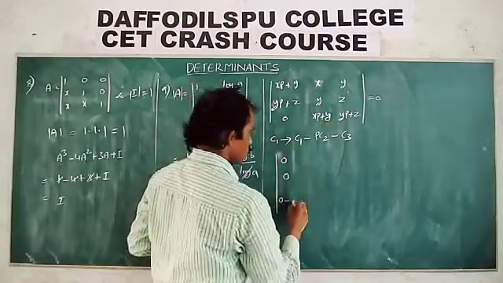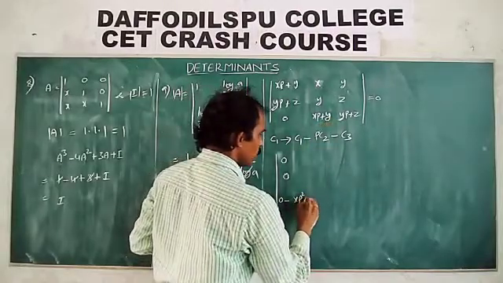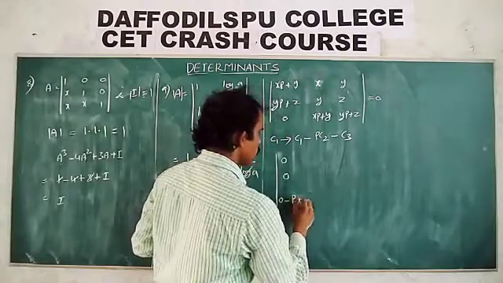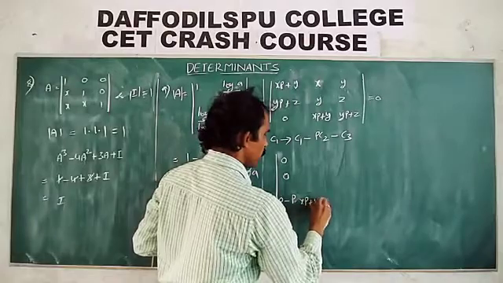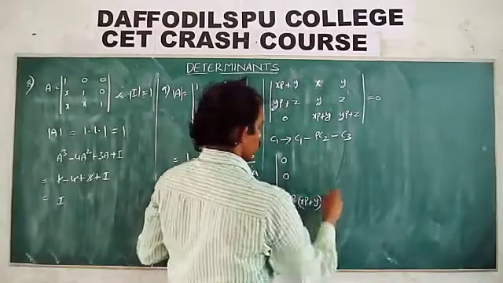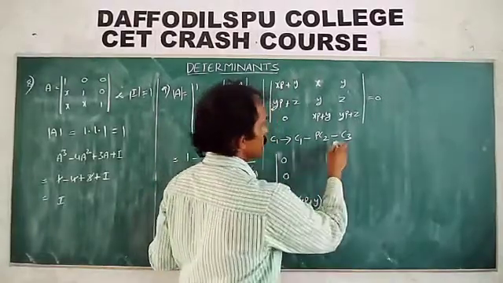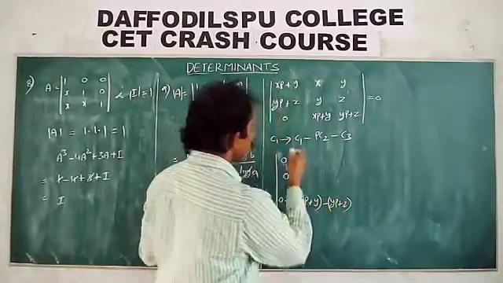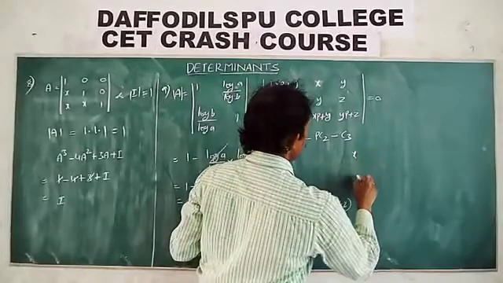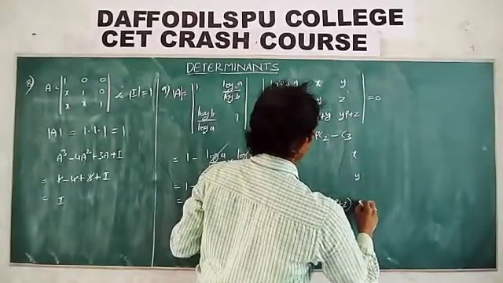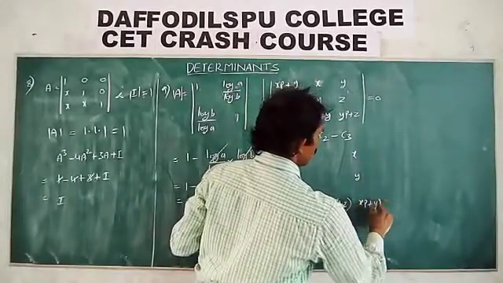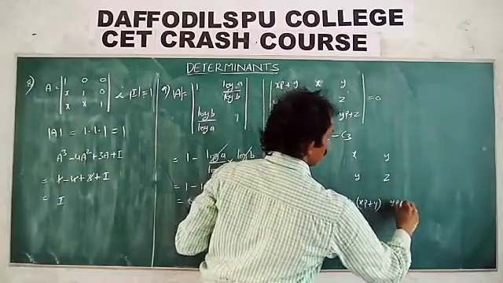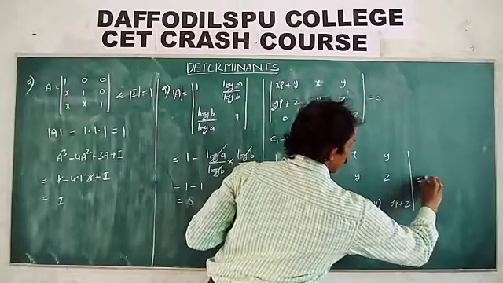Now with this one 0 minus, multiply with this one, so that implies xp square plus, otherwise after is multiply 3 times of xp plus y, minus yp plus z. This is third element of the first column. Next x, y, xp plus y, next y, z, yp plus z is equal to 0.